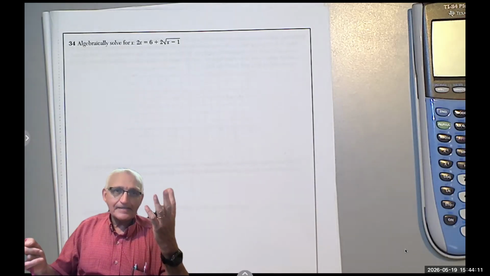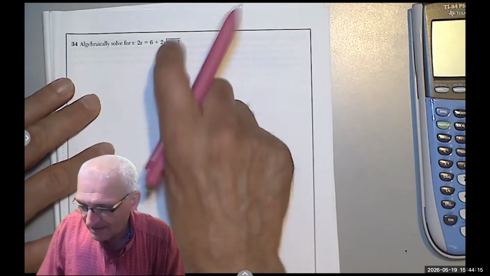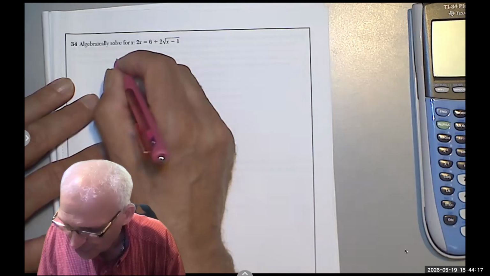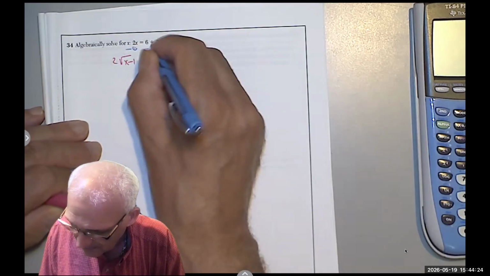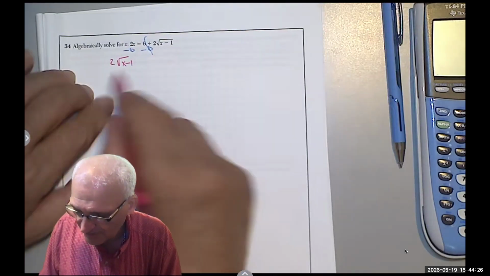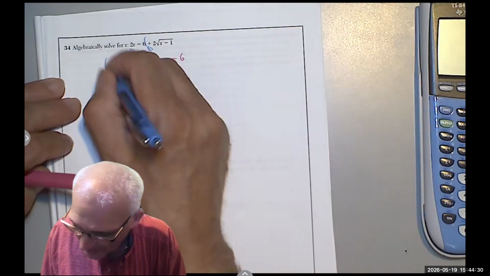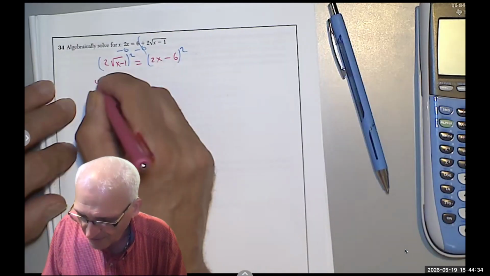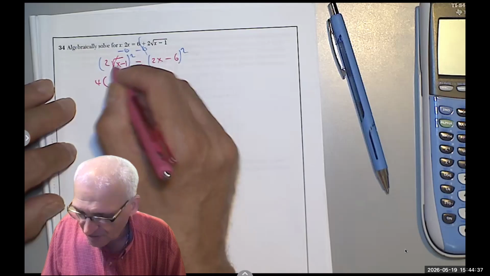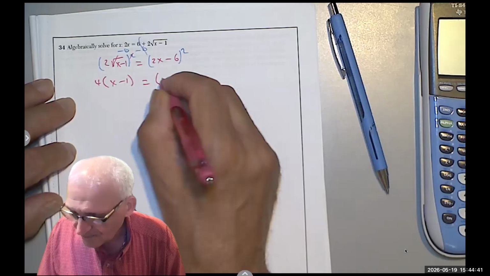You see that? First of all, you have to move. Let's switch. So we're going to say 2 root x minus 1. I'm going to subtract 6 from both sides. So I get 2 root x minus 1 equals 2x minus 6. And then I'm going to square both of them. 2 squared is 4, and the square root and the square cancel, so you get x minus 1 equals 2x